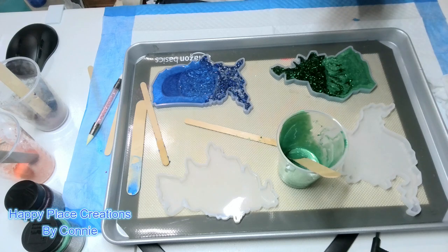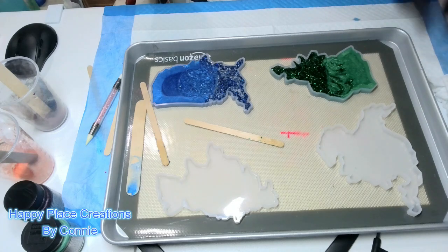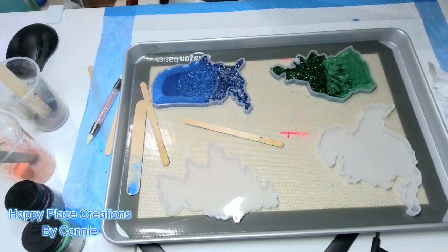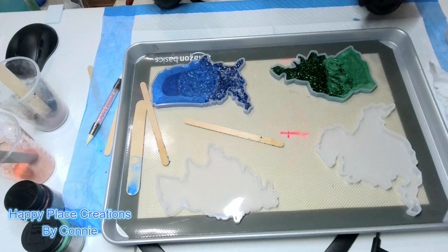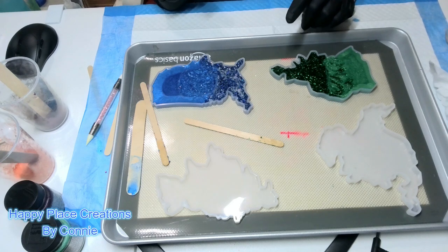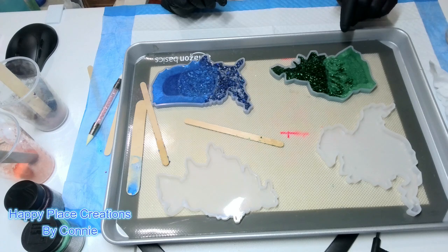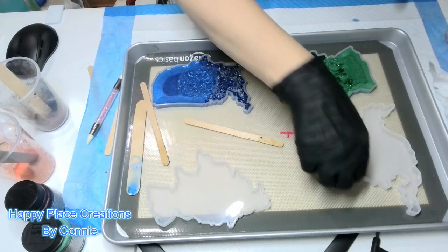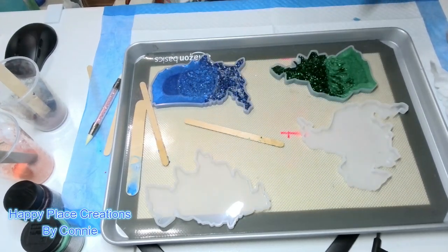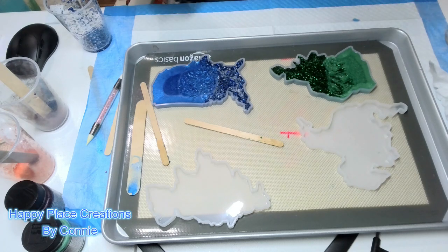Now I have a little bit of green and blue left. And very little of this left. And probably not enough to do another one as far as a split. So I really don't want to waste it. So what are we gonna do? How about we do this one? And we can